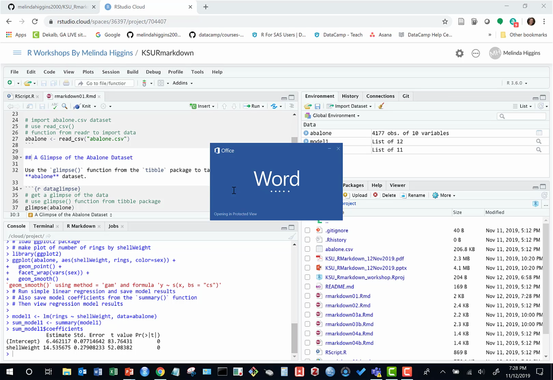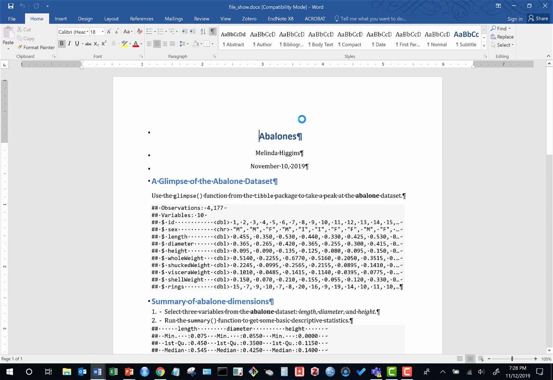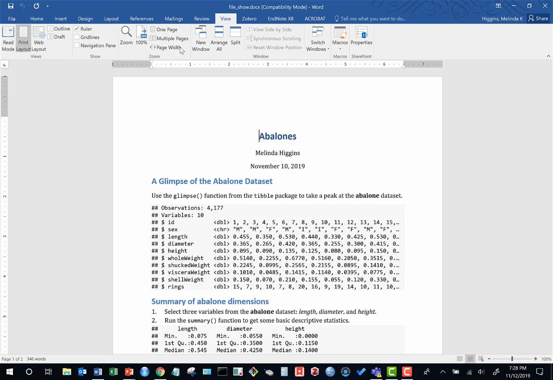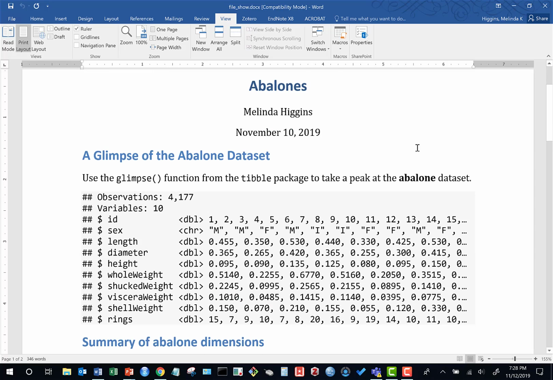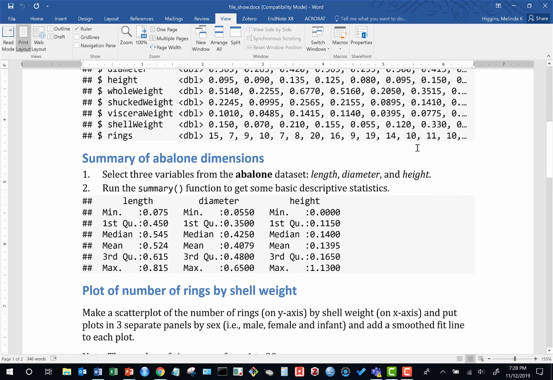And even if you don't have Microsoft Word, I think there are ways to view these in other packages as well. The one thing that gets a little frustrating sometimes with Microsoft Word is some of the text wrapping that happens. But here's kind of what it looks like in Microsoft Word. And you'll notice too, the headers are actually in a different font and a different color. There's ways to actually set up different templates in Word and overwrite that. And anyway,